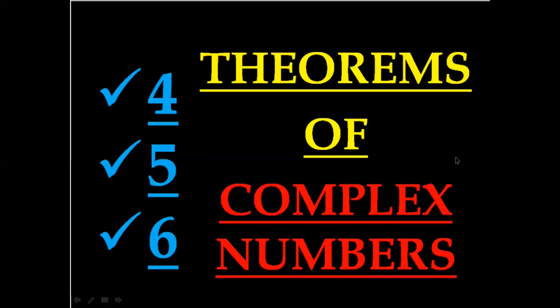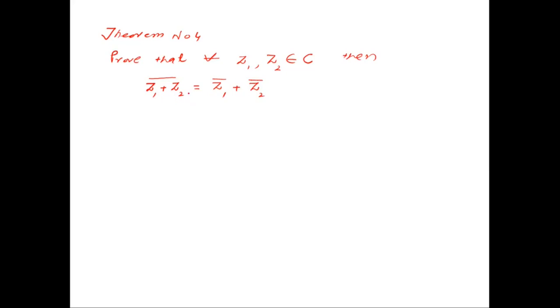Today we shall learn theorems of complex numbers from 4 to 6. Theorem number 4: prove that for all z1, z2 belongs to complex number C, then (z1 + z2) conjugate equals z1 conjugate plus z2 conjugate. So likewise,